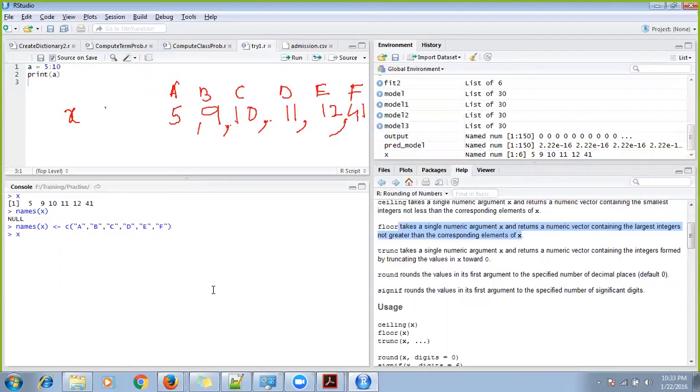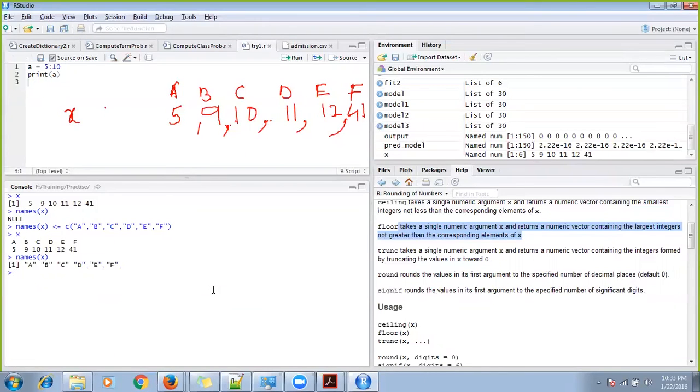When I type X, it says A: the 5 value is for the name A, 9 is for name B, 10 is for name C, and so on. Now if you print names of X, you get A, B, C, D, E, F, right?